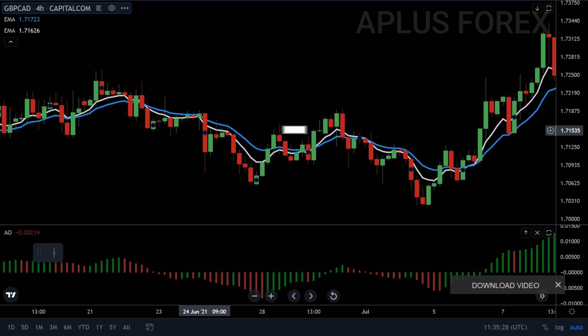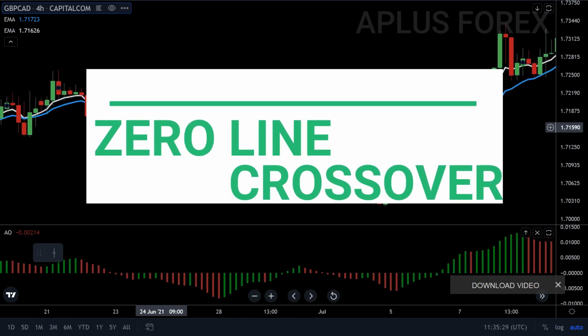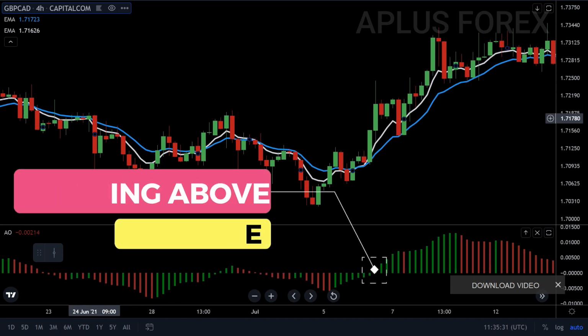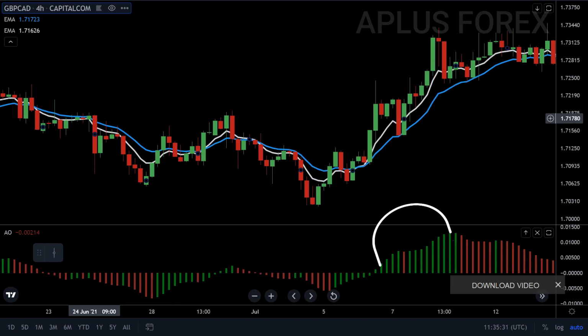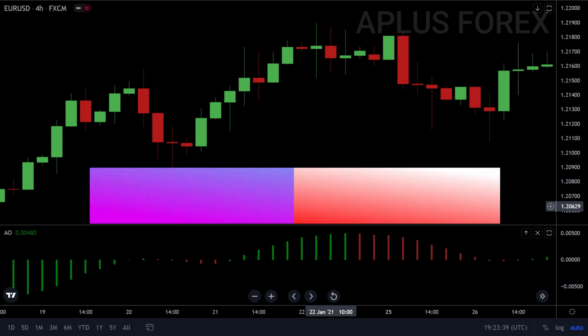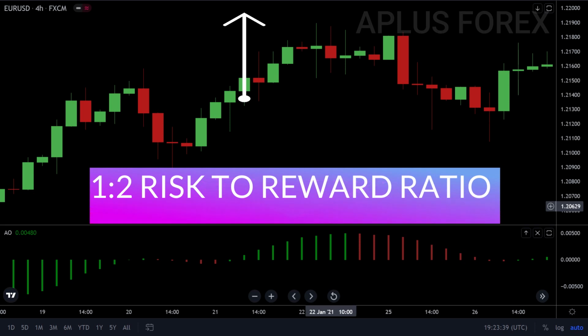The first common strategy is the Awesome Oscillator zero line crossover strategy. A buying opportunity alert occurs when the Awesome Oscillator indicator crosses above the zero line, indicating that the shorter momentum is increasing faster compared to the long term. Like in the chart below, we can observe the market was initially in a downtrend, and the Awesome Oscillator was below the zero line. When it crossed over the zero line, we wait for a price action pattern to form or a suggestive candlestick pattern, and in this case, we get a bullish hammer candlestick pattern. We get an opportunity to enter into a long position targeting a 1:2 risk-reward ratio.